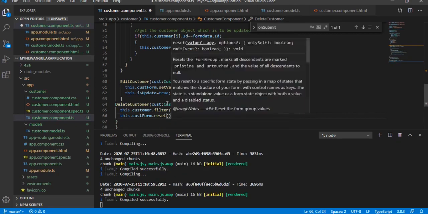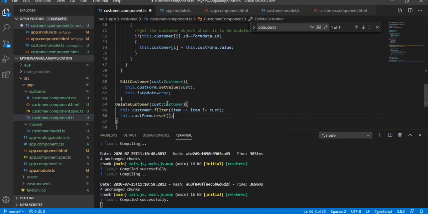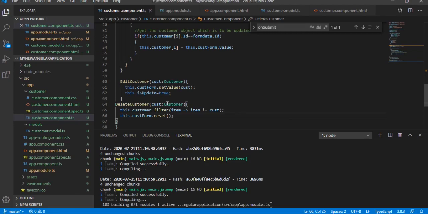So after deleting the item, we just need to reset the form.